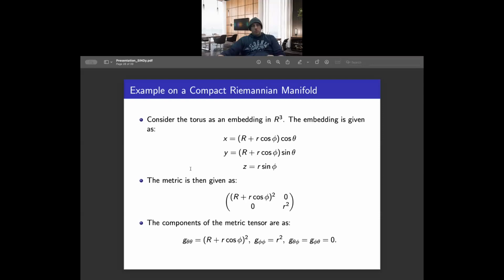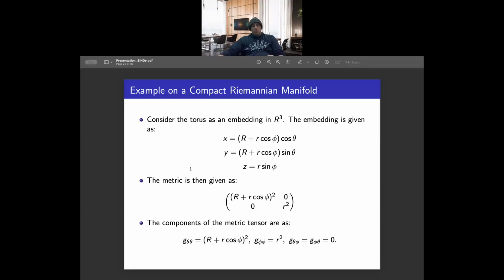And in the other terms, the 0 and 0 that you are getting is because the inner product of r with theta, and if you take the dot product with r the partial derivative with respect to phi, you will get 0. And that's how we are constructing this metric. And this metric is actually important, because we will use it in the construction of these Christoffel symbols. So from this metric tensor, I now have the components. G theta theta is the first row, first column term, and same for G phi phi, and all other terms are 0 here.